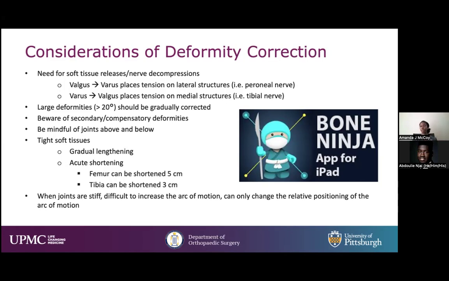And one thing that's probably the most important is that you need to plan and plan again. And it's important to ask your senior partners, ask other people what their plans would be. And so I use Bone Ninja, which is an application for the iPad, to usually plan most of my corrections. But it's really important to get input from others if you're not sure, because oftentimes deformity correction is not an